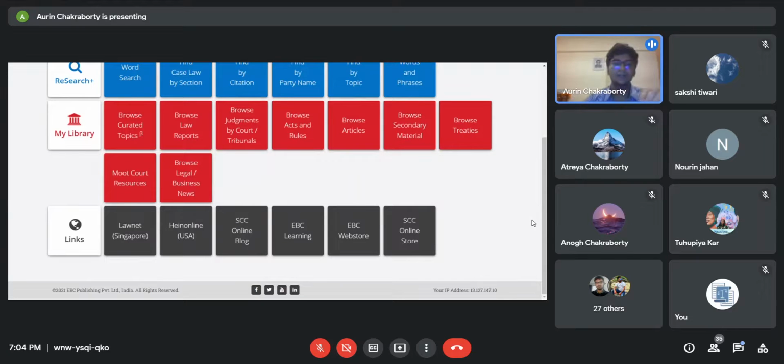It is not as complicated or intricate as SCC is. It is more like Google. You can just search your query there, put in your check marks, and it'll take you to your respective area.